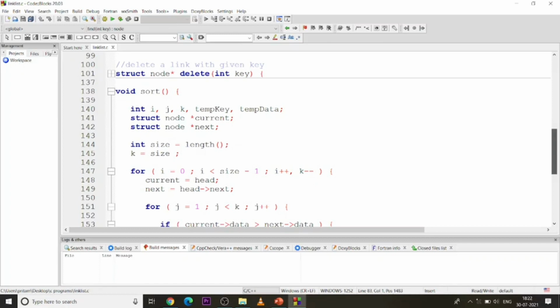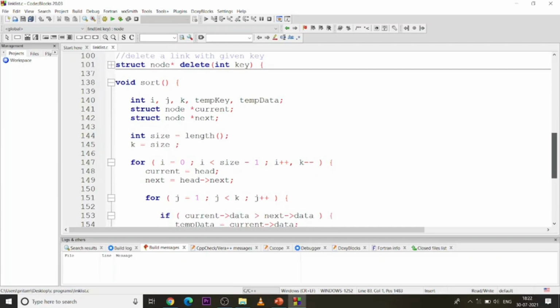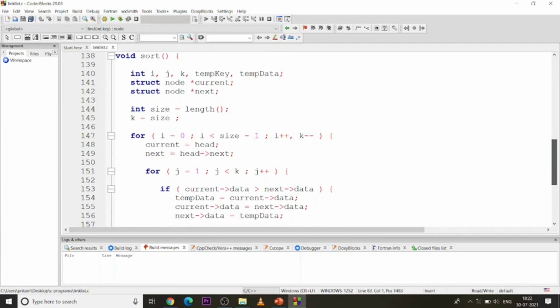Now I am declaring variables as star current and star next so that we can access it. Now int size equals to length of it, the length function, and k equals to size. Okay, for i equals to 0, i less than size minus 1, i plus plus, and k minus minus, means till the end of it,